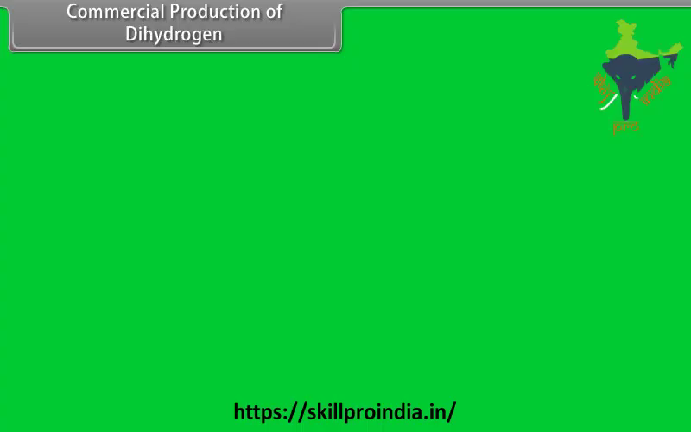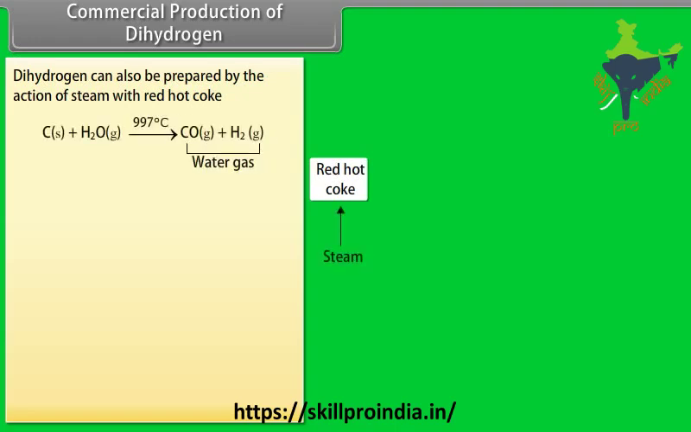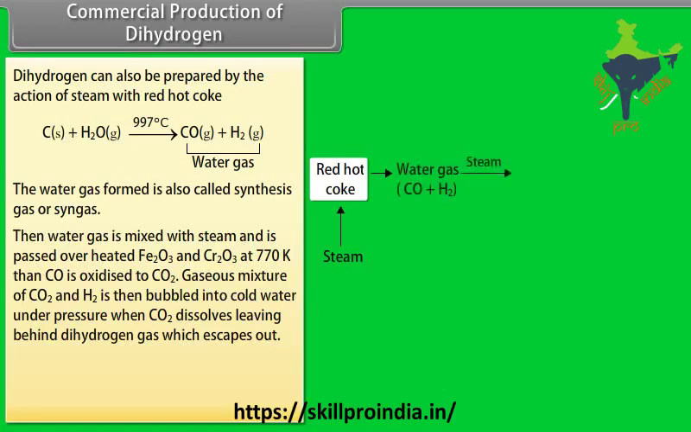Commercial production of dihydrogen. Dihydrogen can be prepared by the action of steam with red-hot coke as given below. The water gas formed is also called synthesis gas or syngas. Then water gas is mixed with steam and is passed over heated Fe2O3 and